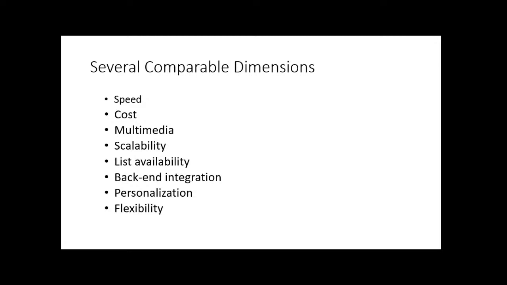Cost. And this might surprise you, but actually the highest cost is telemarketing because of the labor hours that it takes to make those phone calls, and perhaps the training that has to take place of those employees who are making the calls. Now, if they're sending texts, maybe not the case, but when we get into back-end integration, maybe it still is. But people usually cost more than other things. Second on the priority list of cost would be direct mail because of postage. Postage is a very high price, and